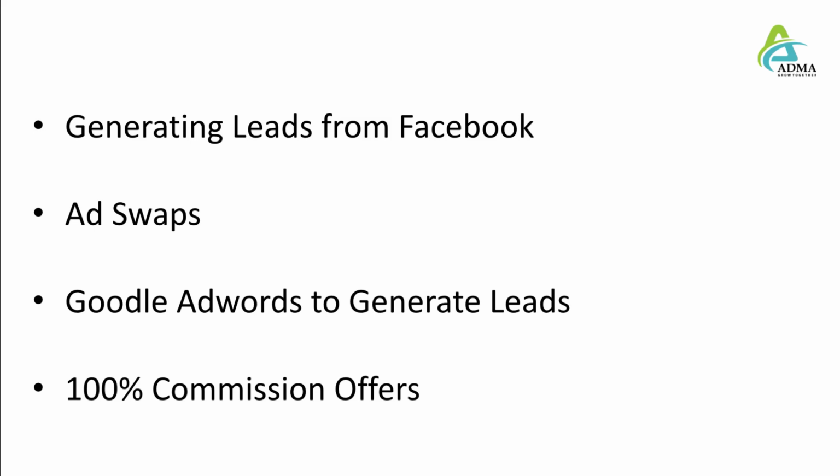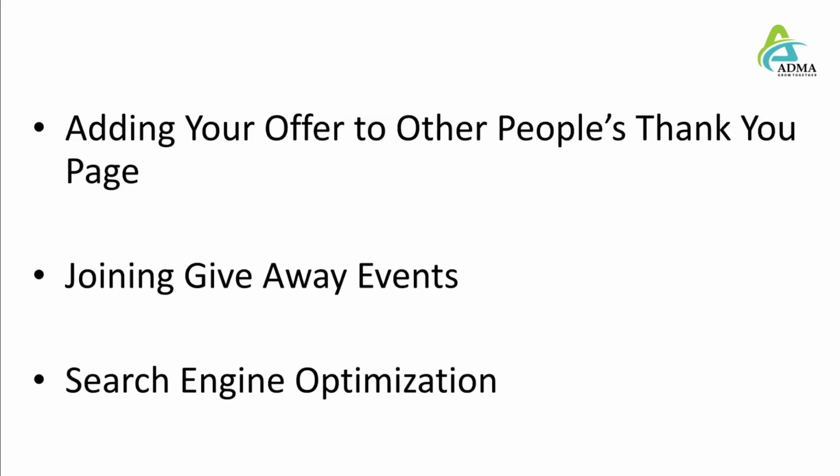Have you noticed there are some blog sites with a small logo with the word ad beside the links? That's AdWords. Right after that, in the next module, we'll talk about 100% commission offers. This is one of the fastest ways to generate a huge mailing list, by giving out a 100% commission offer to your affiliates. I will show you how to add your offer on other people's thank you page as well. This way, you will gain exposure and increase your credibility among other marketers.